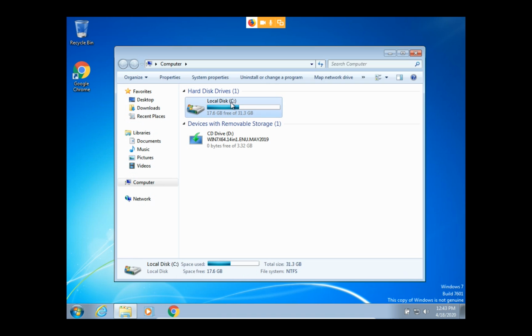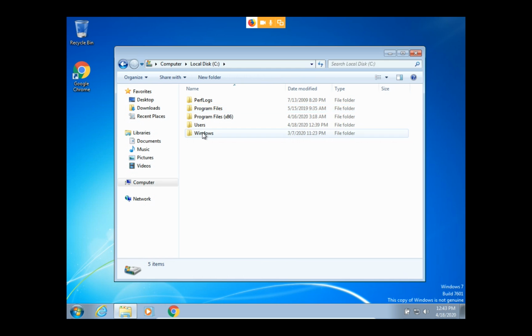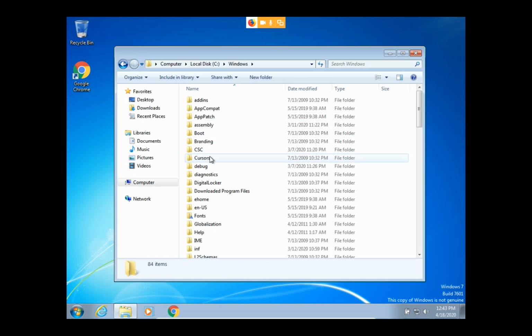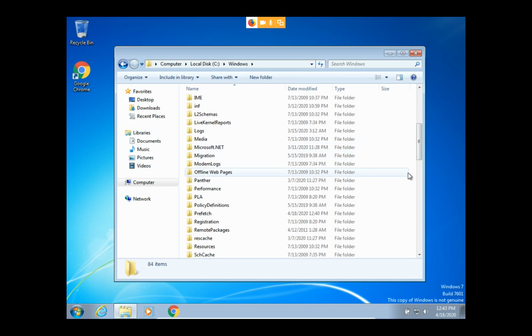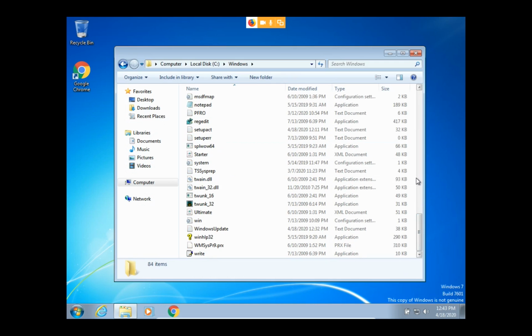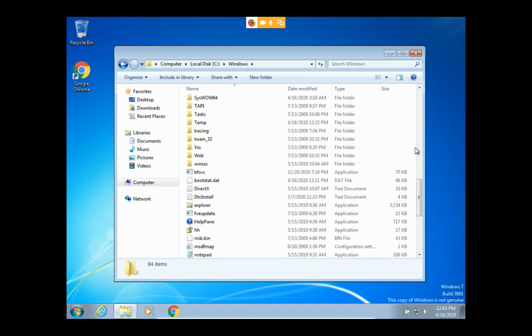The location is in local disk C, in Windows, after that you have to go to System32. Can you find System32? Yeah, this is System32.